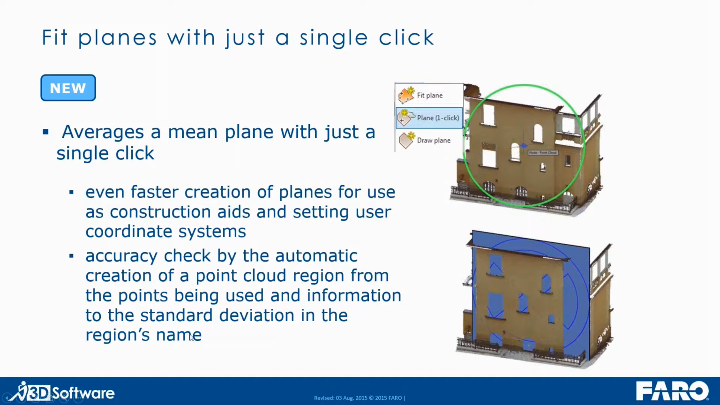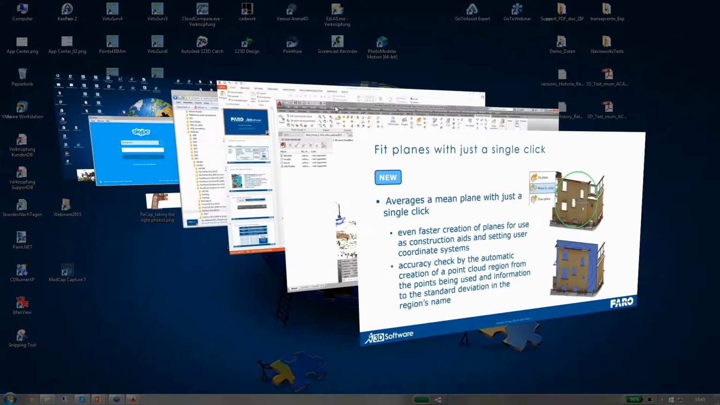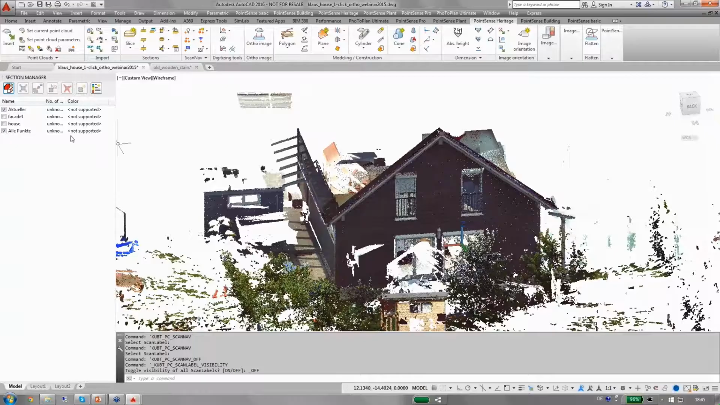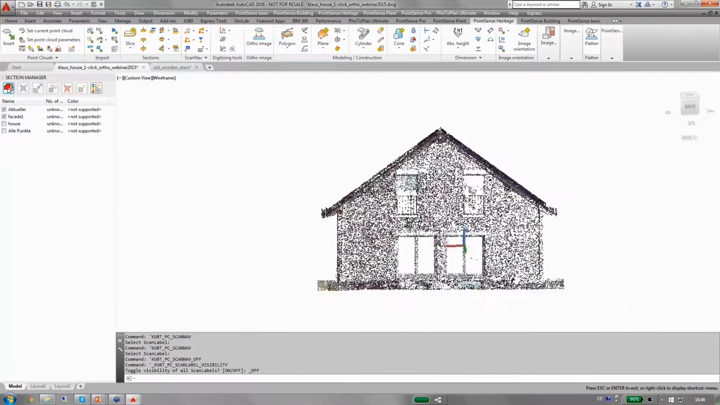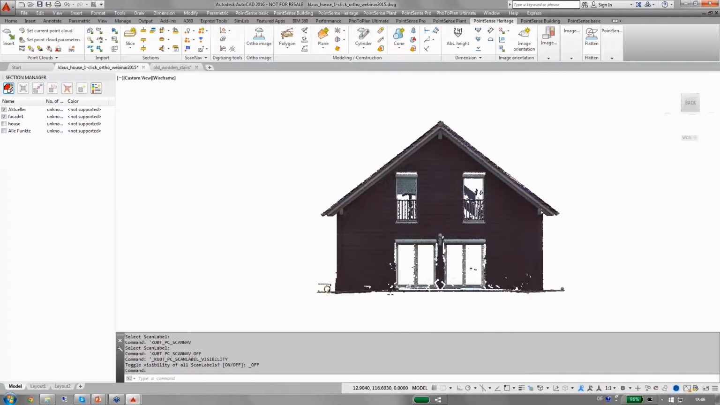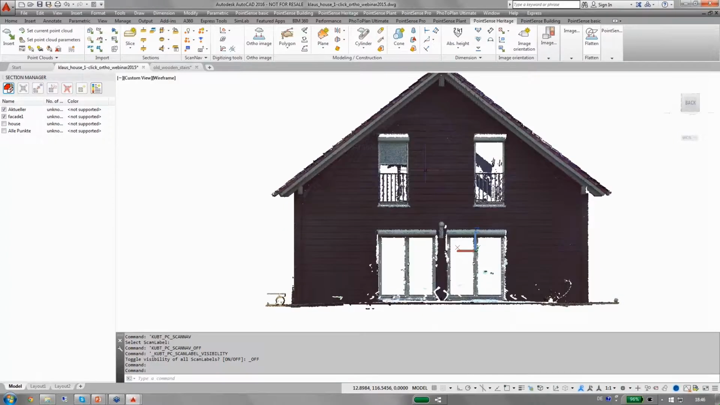So let me demonstrate how we can use this tool together with the ortho image tool. Let me switch to the facade here. I've cropped that to the facade, and what I'd like to do is fit a plane. So this new command is hidden here,